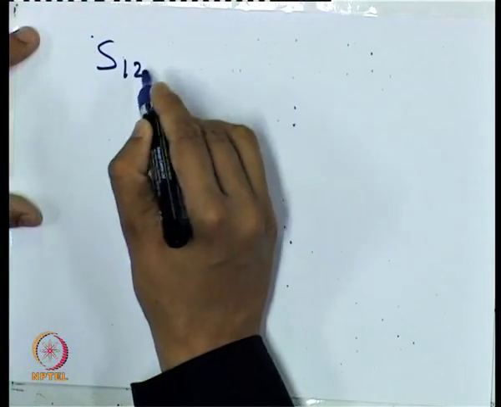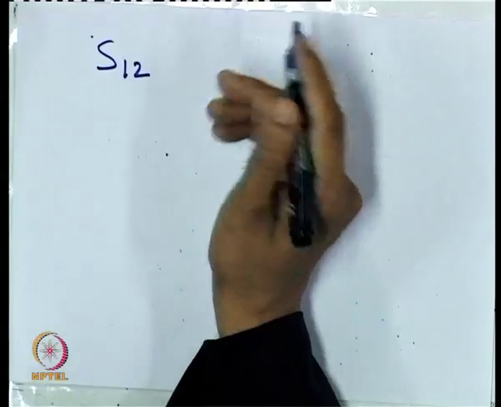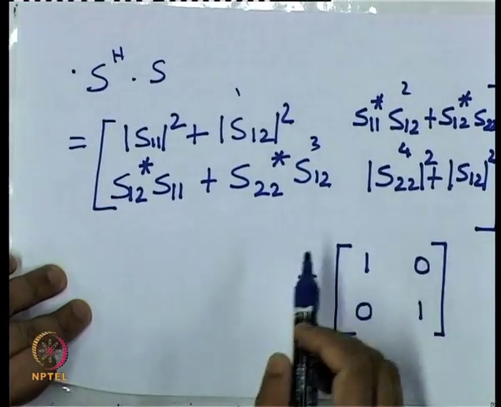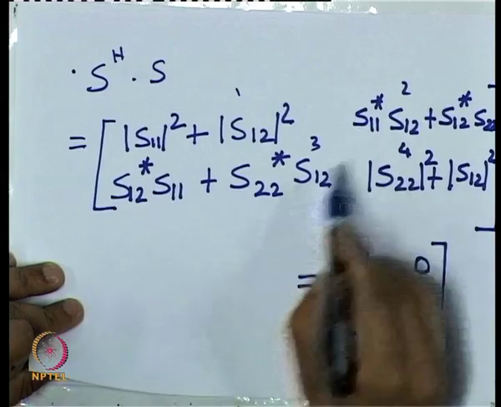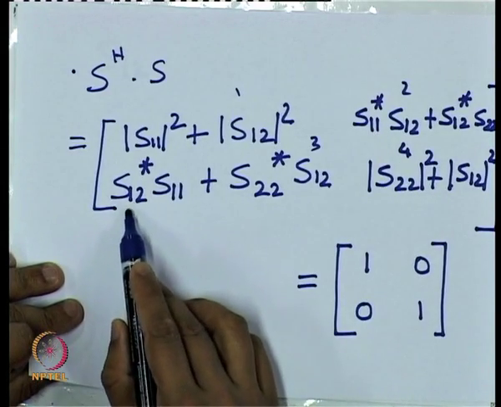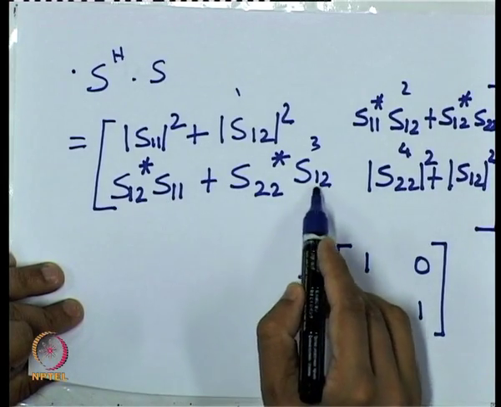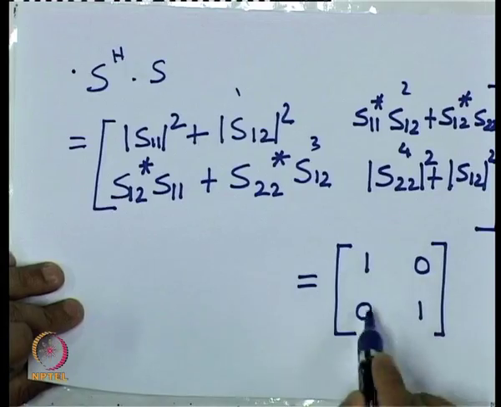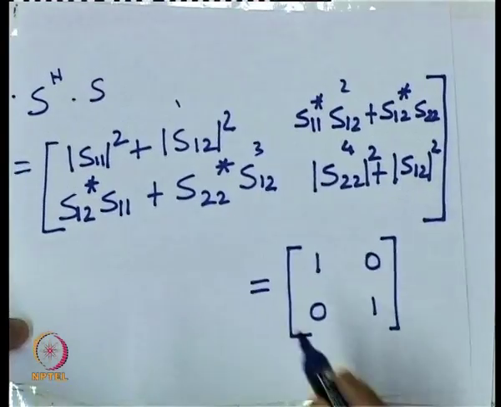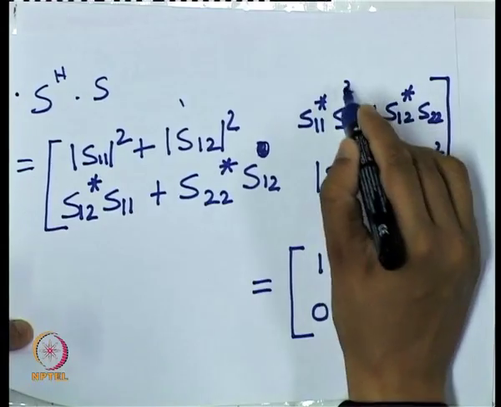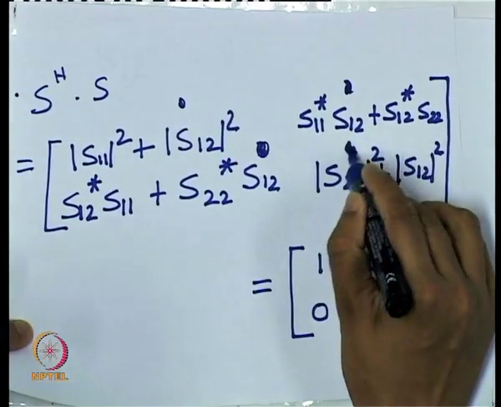Now, we have another equation from this matrix. If we go back to this matrix, we still have this equation, that is S12 conjugate times S11 plus S22 conjugate times S12 is equal to 0. Let me rub out these terms, as this might create some confusion; this is just a label for those equations. From that equation, what we can find is